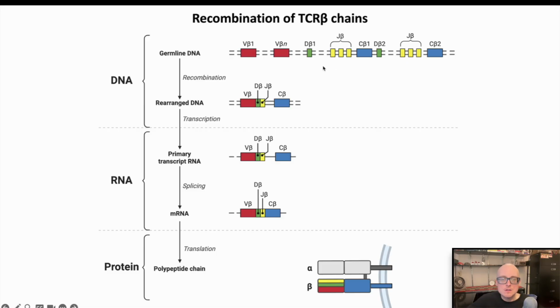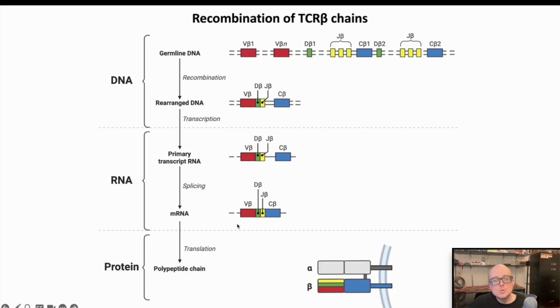And if we look at the way these events come together, you can see this here. You would have whatever number of V, D, and J segments in the germline DNA. This is not pictured here, but just like in the heavy chain locus, the D and the J segment always recombine first. And we'll look at one mechanism that enforces that sequential recombination. But for right now, just take my word for it that D and J recombine first, and then whichever D and J combination we use will recombine with a V segment, which will form a functional exon, as we've seen,